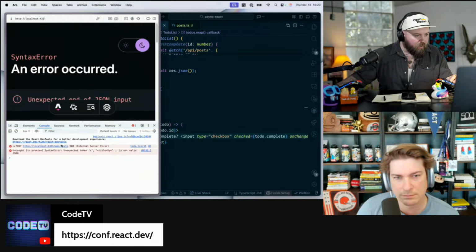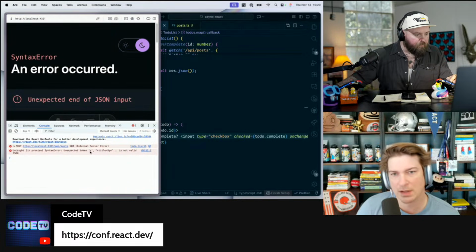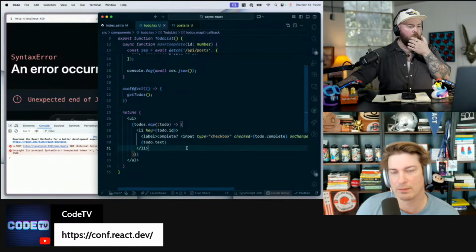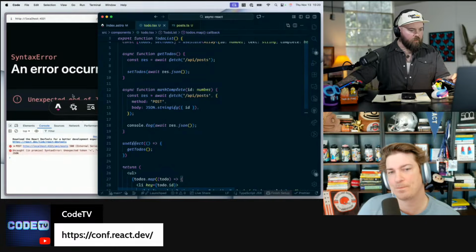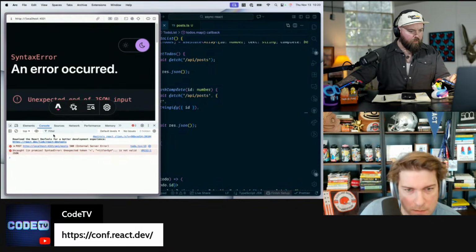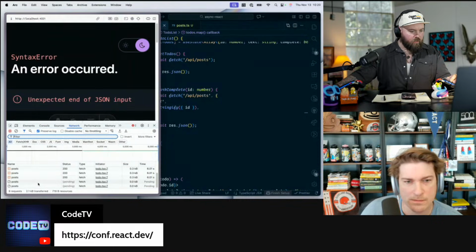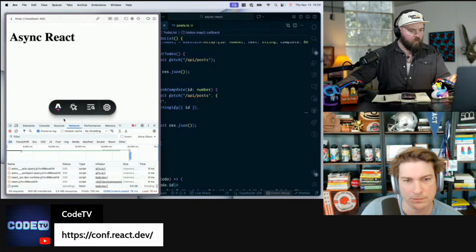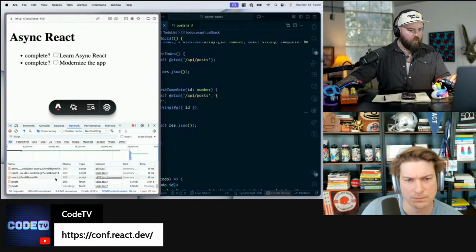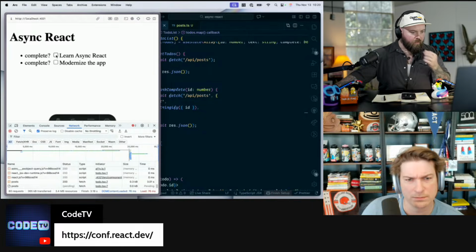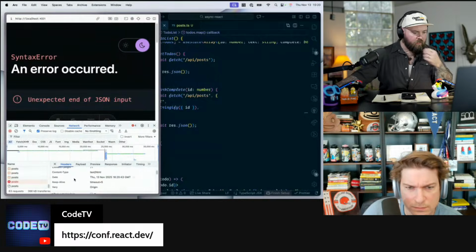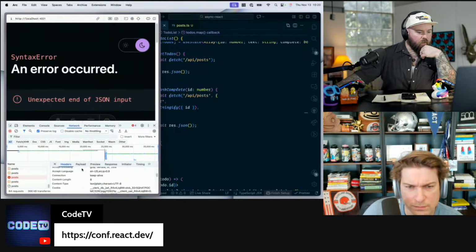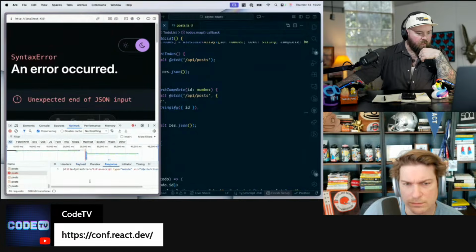No. API post unexpected token. I think when you're posting, you're not passing the body stringified. Oh, you are. Hmm. Okay, so what have I done? Unexpected end of JSON input. So let's look at what I just did. And we're going to try this again. There's our async thing happening. So I'm clicking, it fails, and it fails because we sent through the ID and the response is a syntax error.